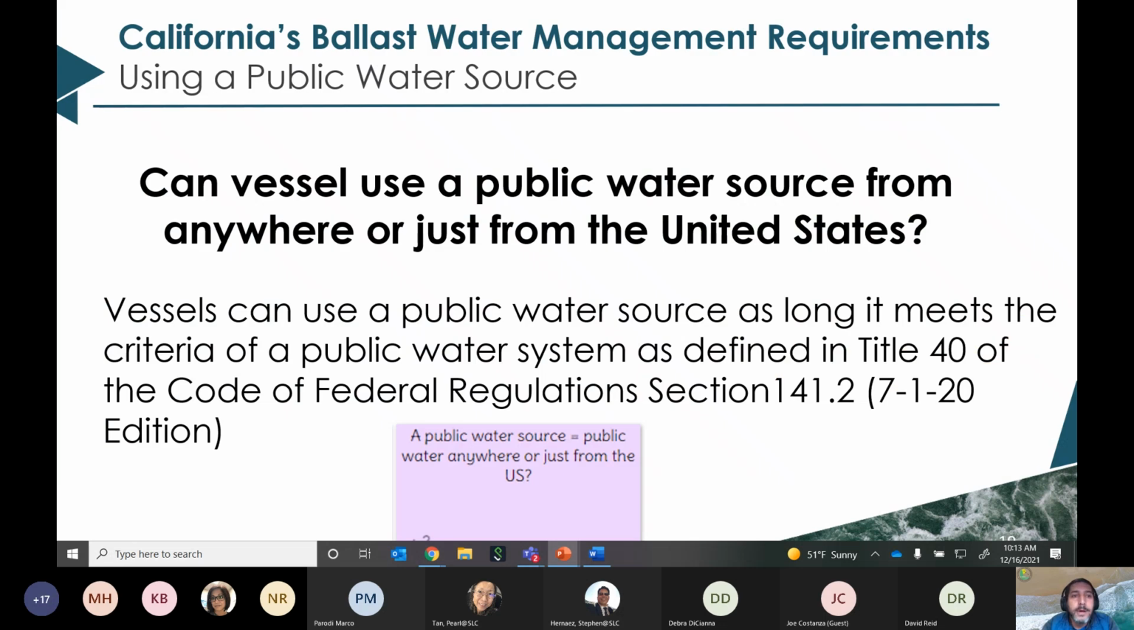We got a question about the use of public water source. The question essentially was asking if public water source was from anywhere or just in the US. And the short answer is it doesn't have to be from the US, but it has to meet the definition of public water source. That doesn't have a location in the definition, but there's a specific definition of what would